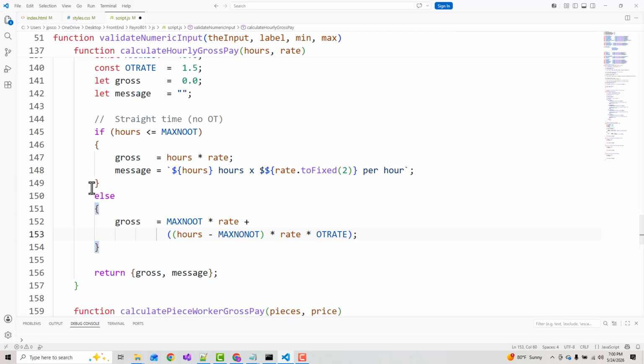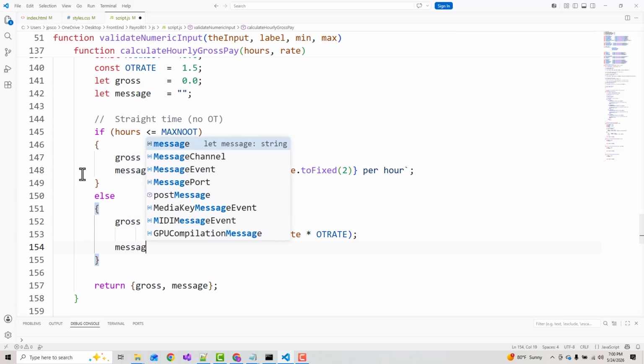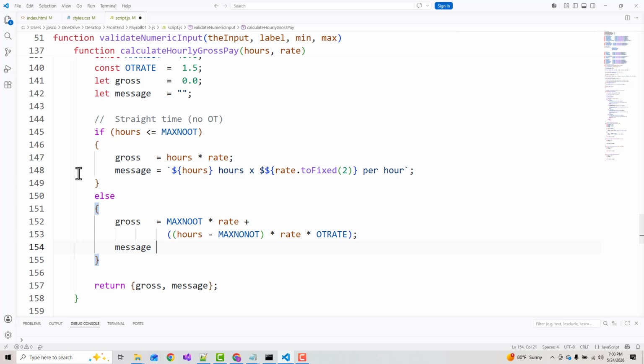And the message here, whoops, is going to be equal to max non-OT hours like this. Hours plus